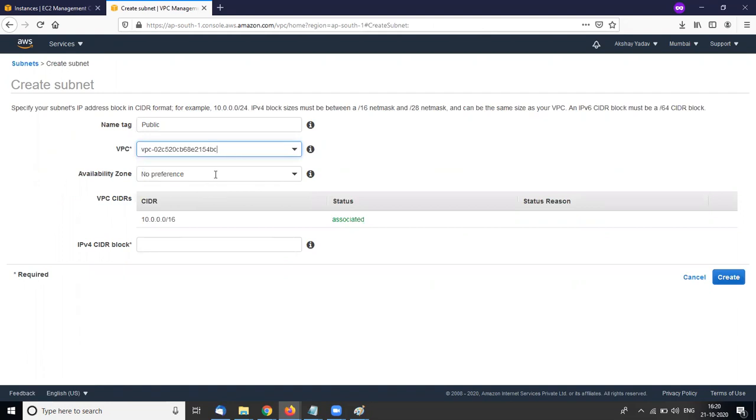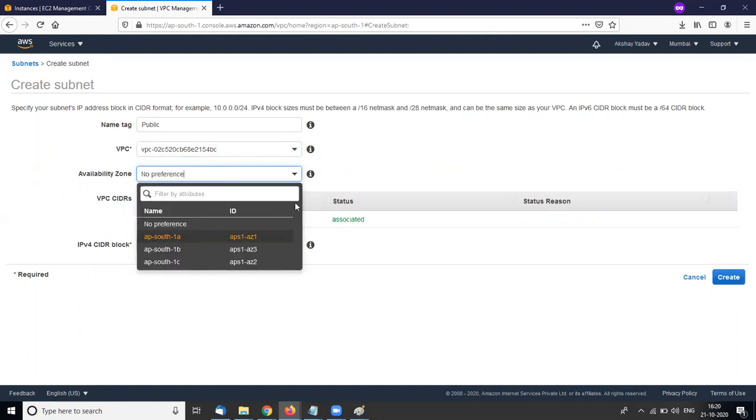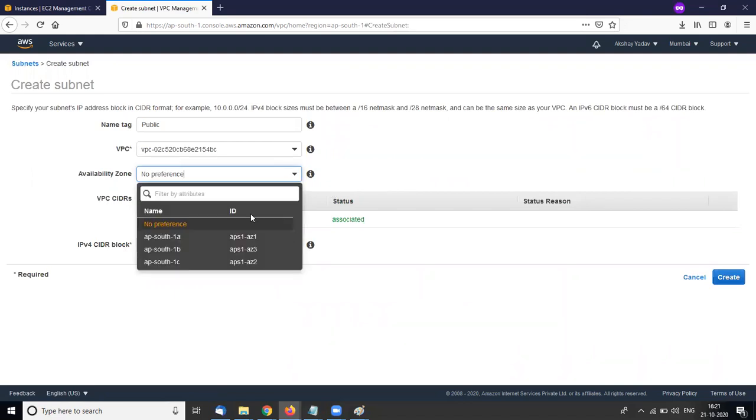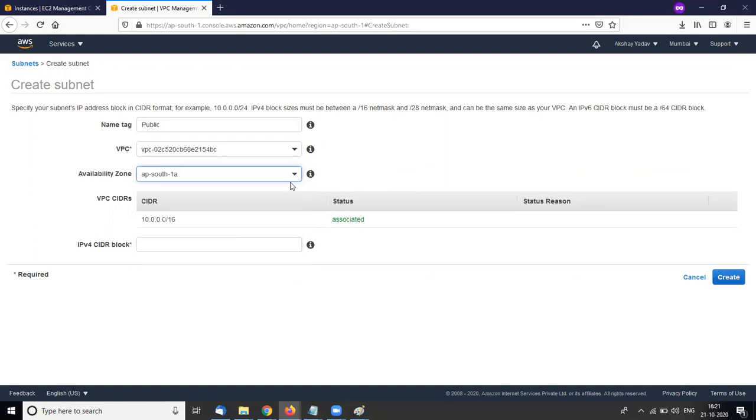You can select your availability zone, so here I am selecting AP South 1, and this is the IPv4 CIDR block for the public subnet.